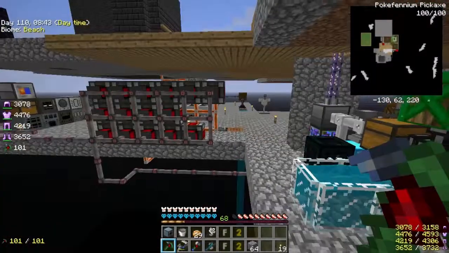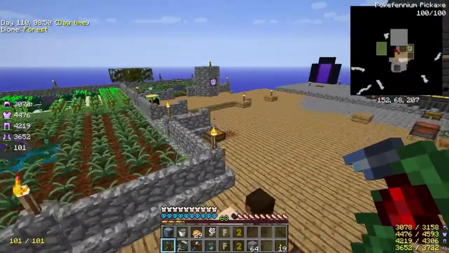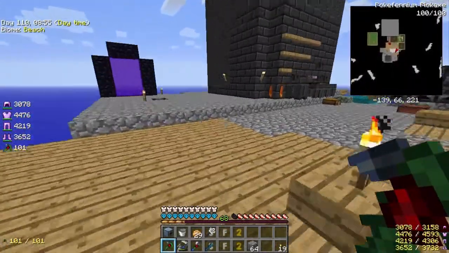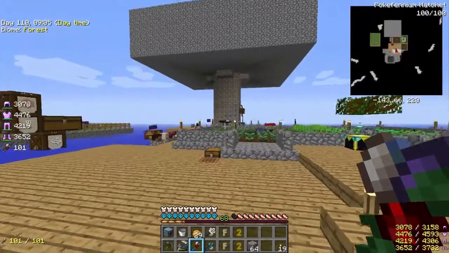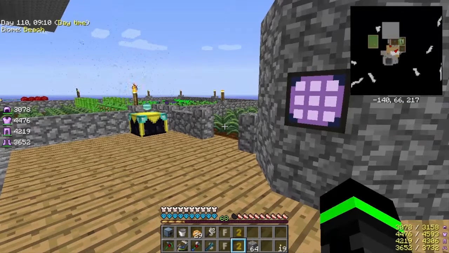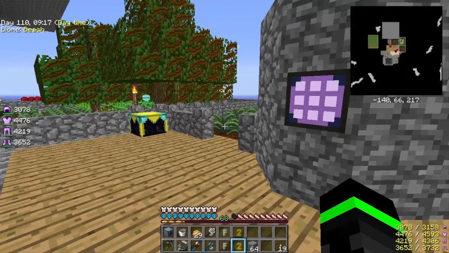So today, I'm going to be working on something really complicated. I'm not sure if it's super complicated, but it's kind of complicated. Anyways, what I'm going to be working on is a nether star farm. And I've been thinking about this for a while now, but the way I used to do it back in the last update for mod packs, I used an item from Thaumcraft,